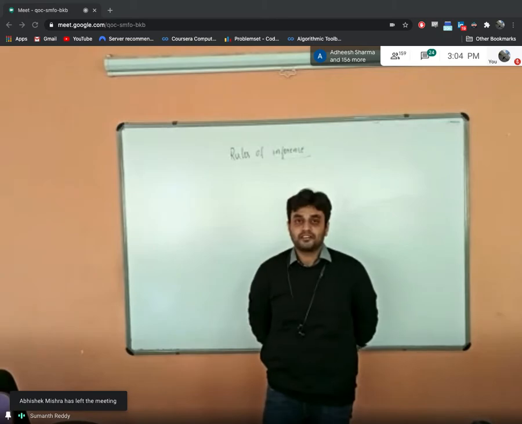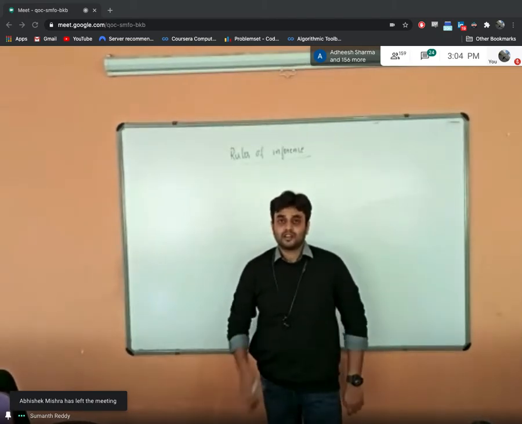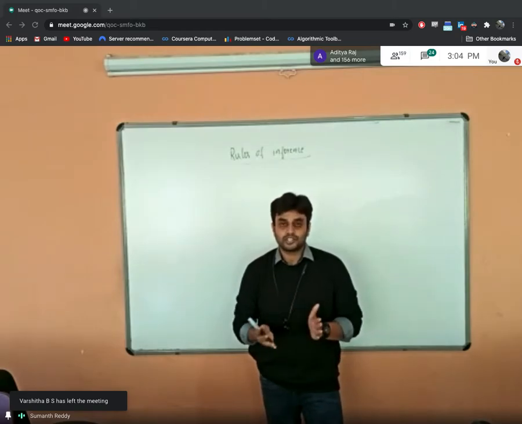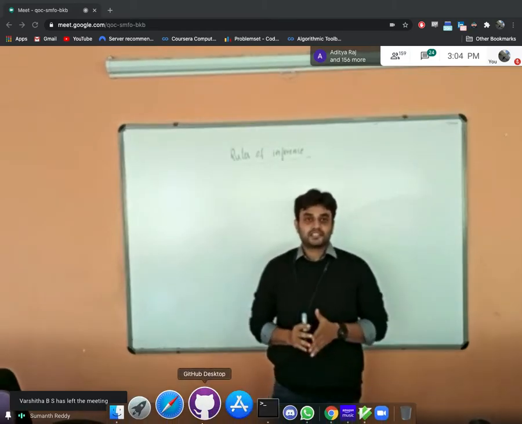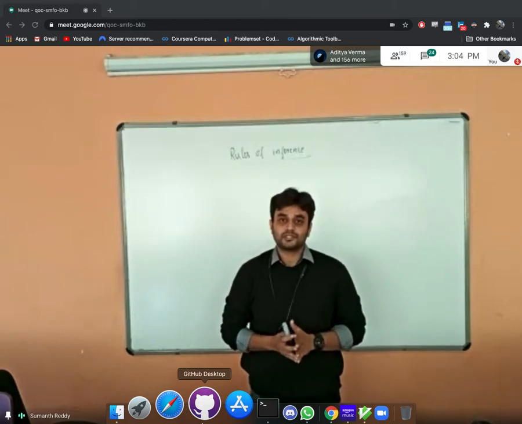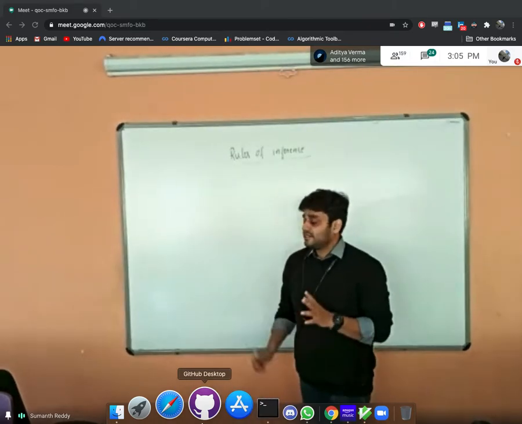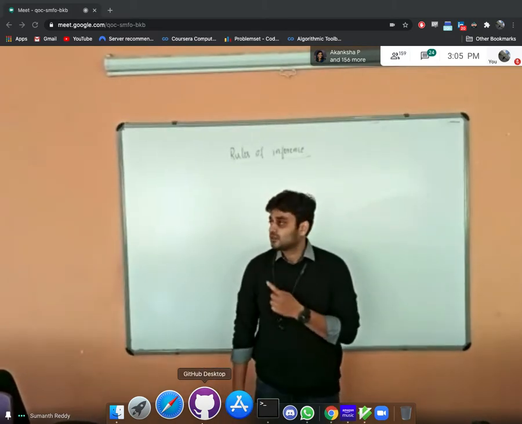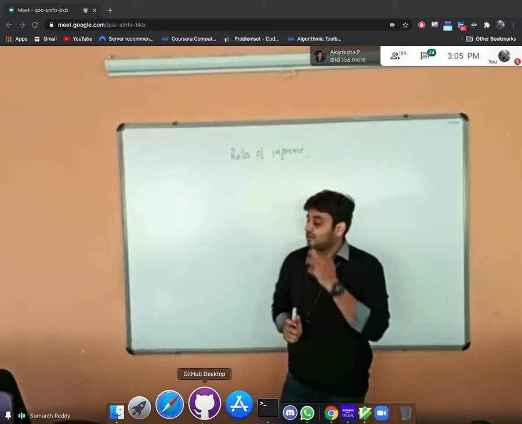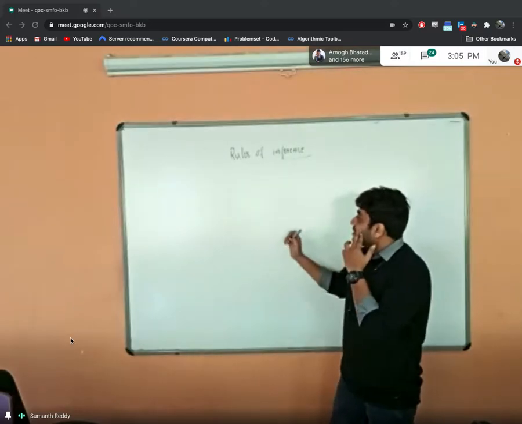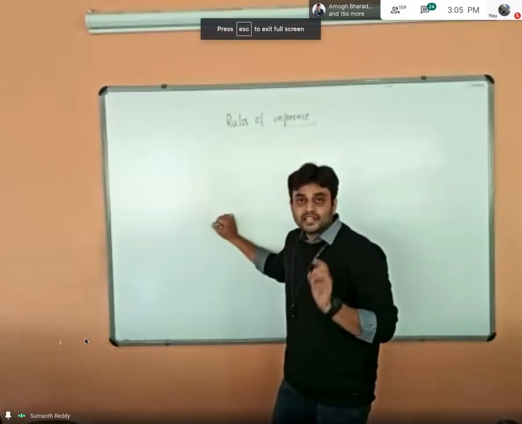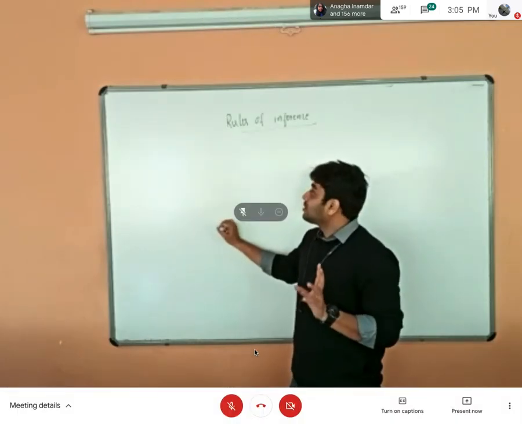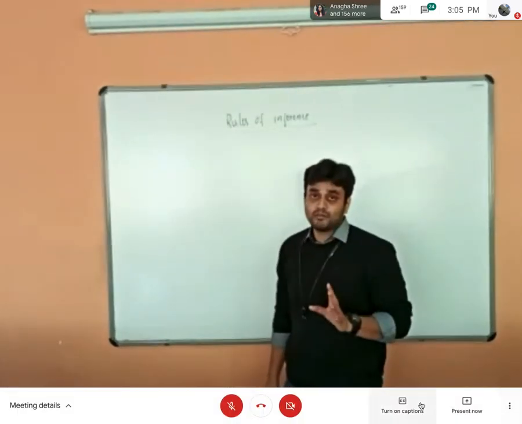Then we have discussed a few of the laws of logic, right? After that we have solved the problems related to logical equivalence, and then we have discussed converse, inverse, and contrapositive, right? So now in this first part of the module one, this is the last topic, and the importance of this topic is that in every question paper, you will definitely get one question, sometimes even two questions. In every question paper, you will get at least one problem on rules of inference.